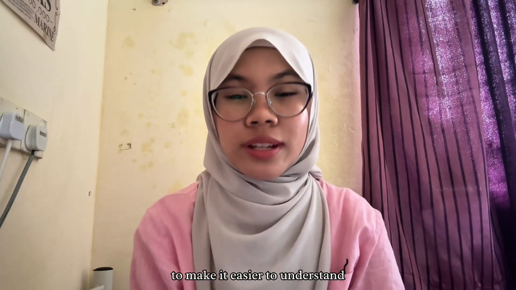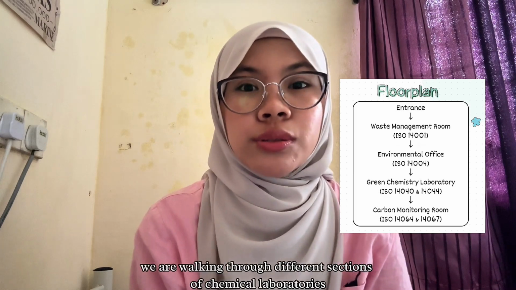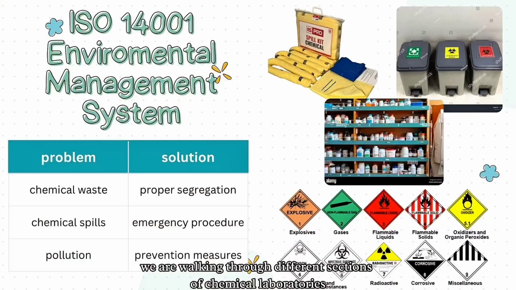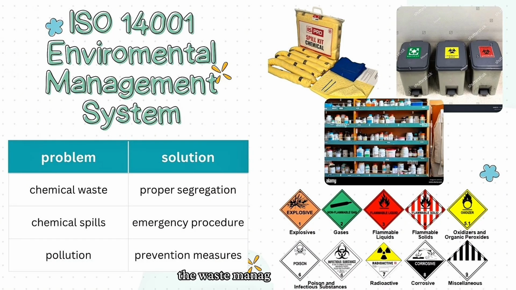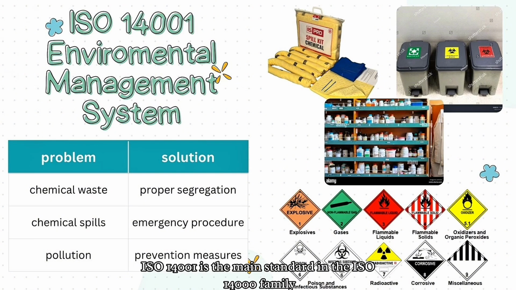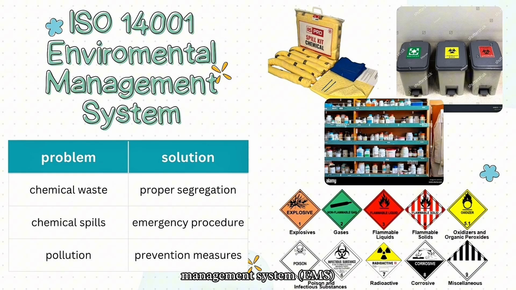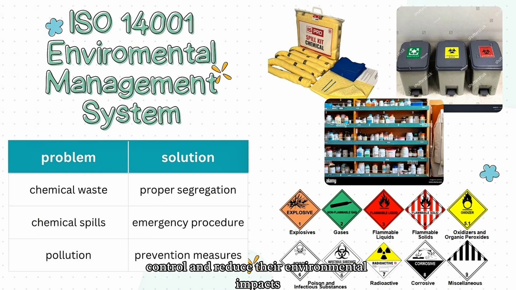To make it easier to understand, imagine we are walking through different sections of a chemical laboratory. We are now at our first stop, the waste management room. ISO 14001 is the main standard in the ISO 14000 family. It specifies the requirements for establishing an environmental management system, EMS, to help organizations identify, control, and reduce their environmental